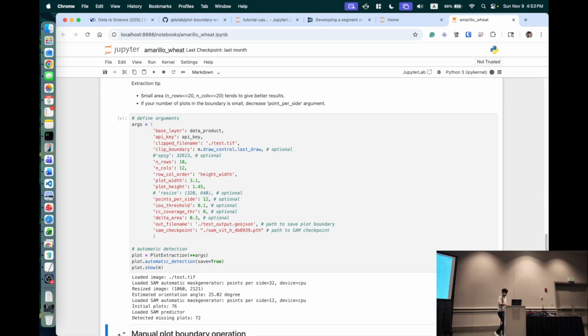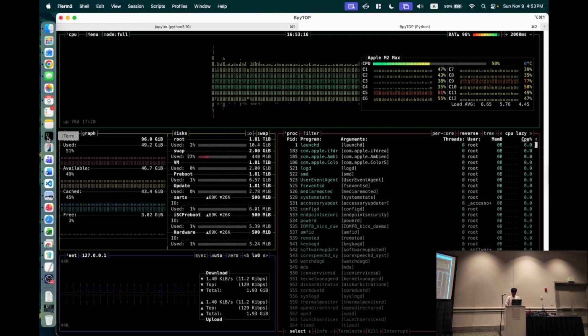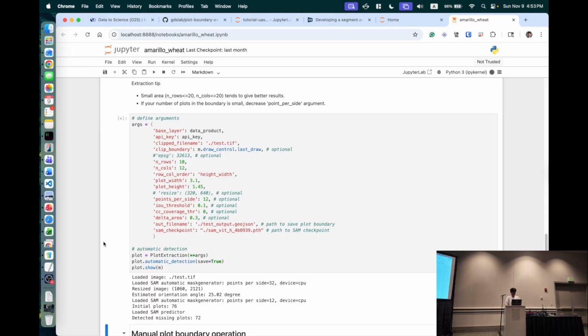Wow, my laptop fans start to go crazy right now. Wow, this takes a lot longer than I expected. I should have run this on the GPU workstation in my office, but I already waited this long, so I'll let it finish.